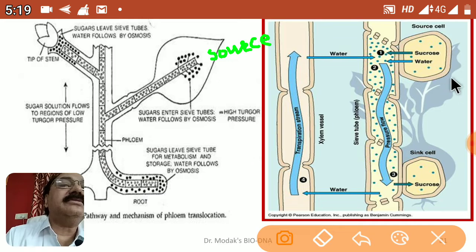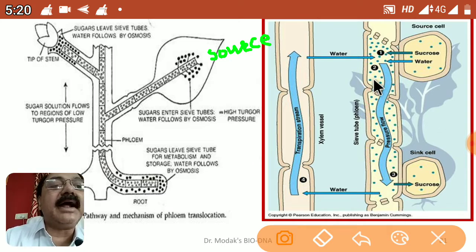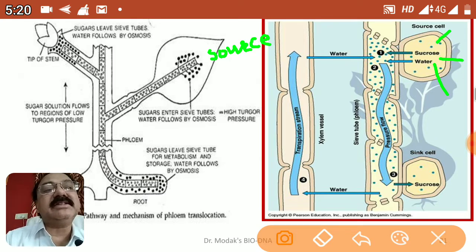From the leaves, this is a companion cell, and this is a sieve tube, another sieve tube, sieve tube. Why is it called a sieve tube? Because at the cross boundary it has perforations, sieve plates, and therefore it is called a sieve tube. Now the companion cells, which are always adjacent to this, get sugar from the adjacent mesophyll cells which are synthesizing that. This sucrose is then